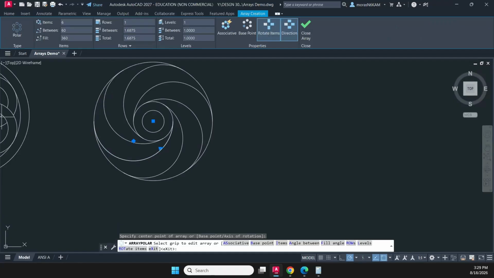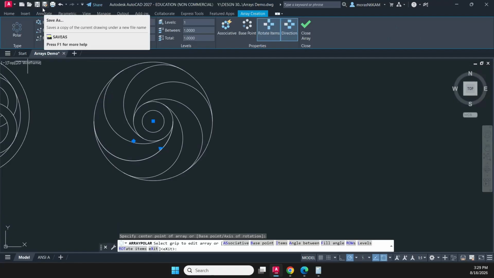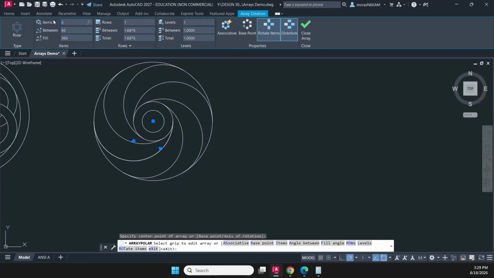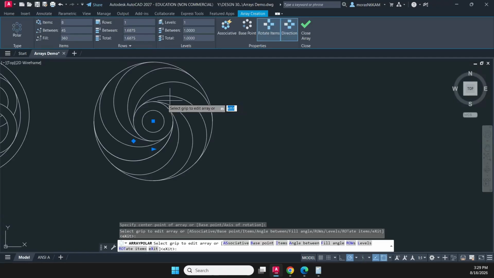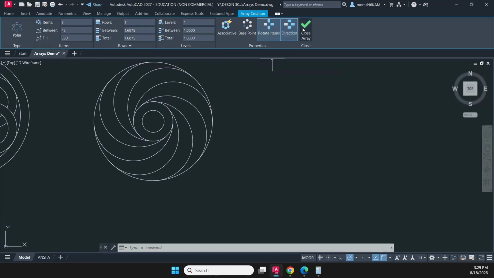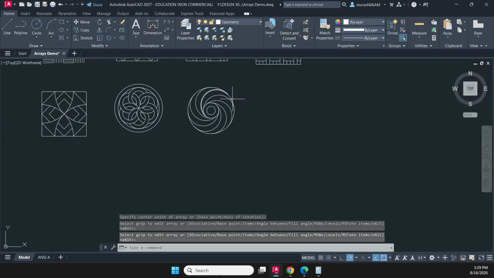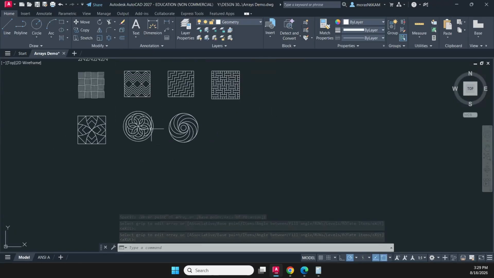And let's see how many we have. 1, 2, 3, 4, 5, 6, 7, 8. Let me try one more time. 8. There we go. The polar arrays are especially nice and convenient for creating patterns. Okay, so now let's go ahead and